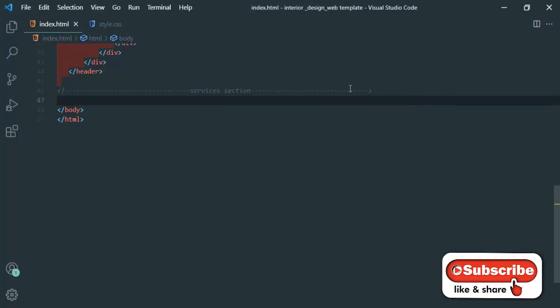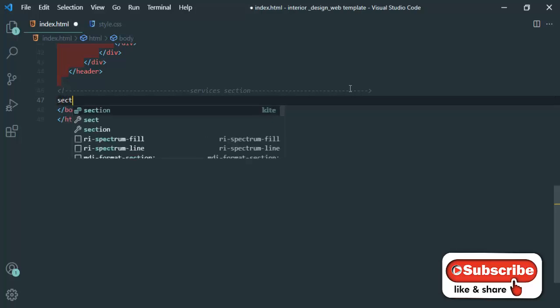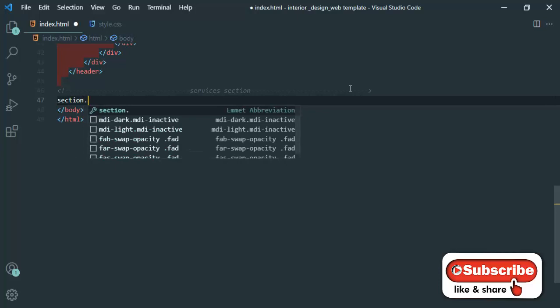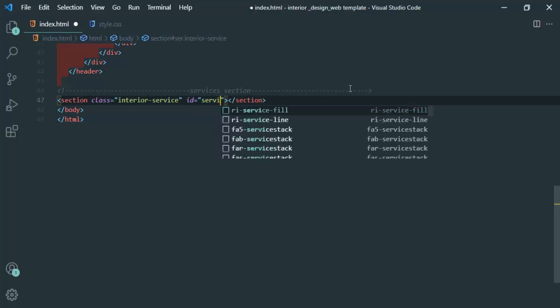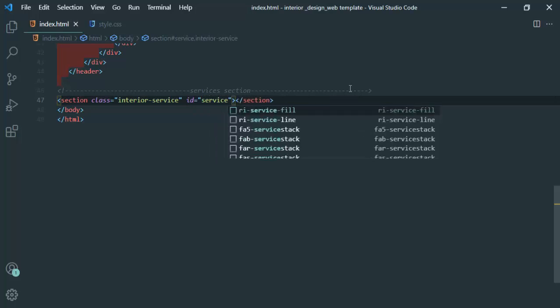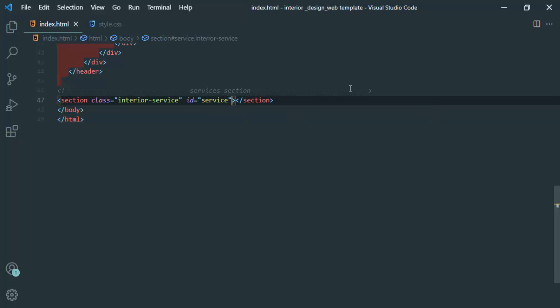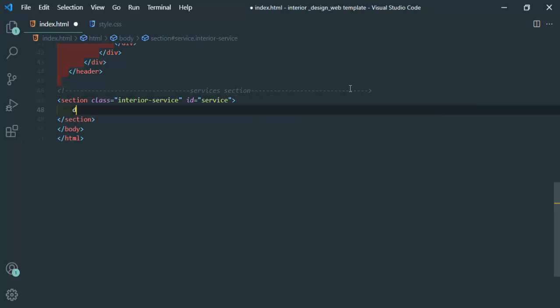So my next section, div dot interior service, name it as an, and also I have to set here the ID services. Okay, so div dot integer section,